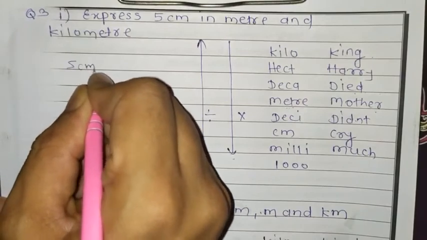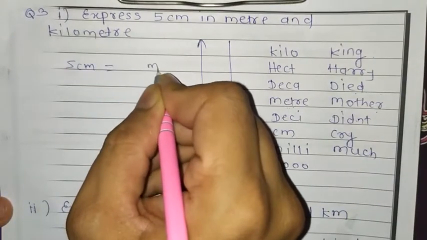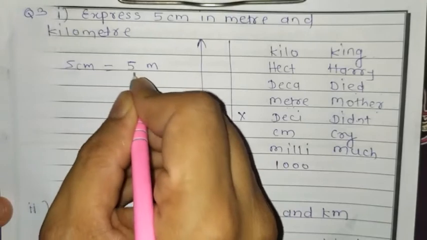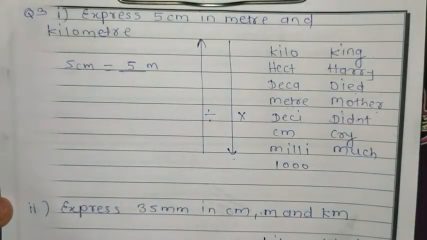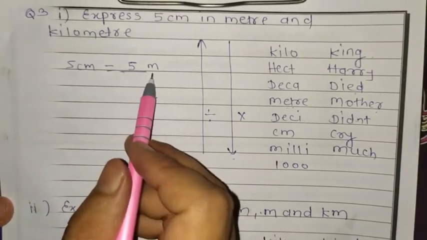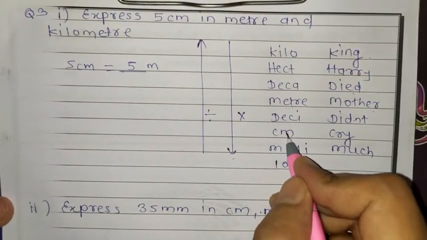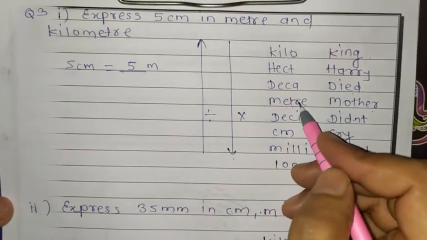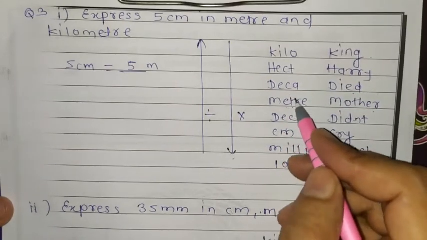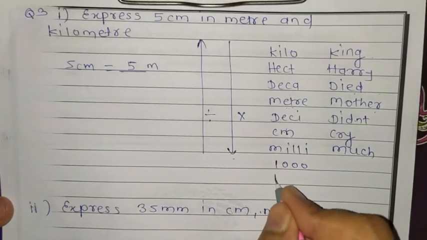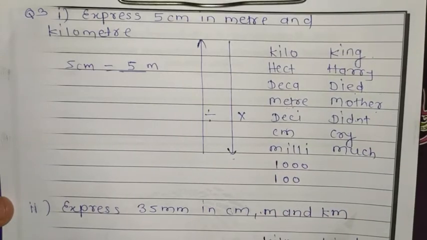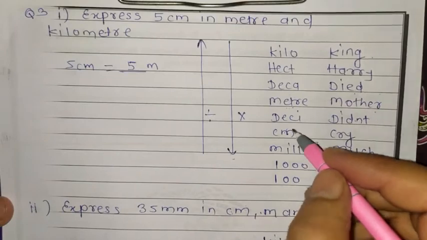5 centimeter equal to how much meter? Whenever you solve this, write 5 as it is. Now whether it is multiplication or division, and how many zeros are there in 1, that we will decide now. So here we are going from centimeter to meter. Check centimeter, here it is centimeter, and we are going to meter. So where is meter? Here. So distance is only 2, 1, 2. It means after 1 how many 0? 2 zeros. And now we are going to upward direction.